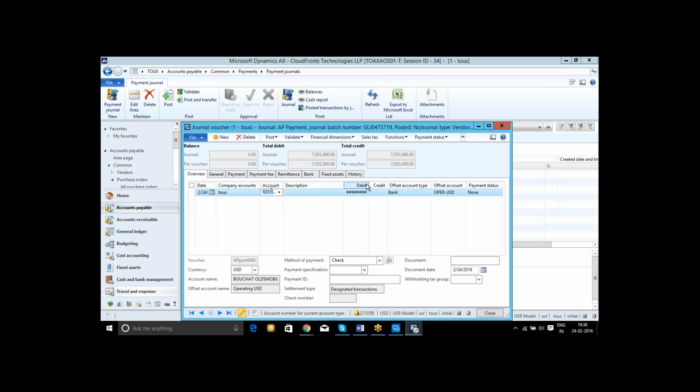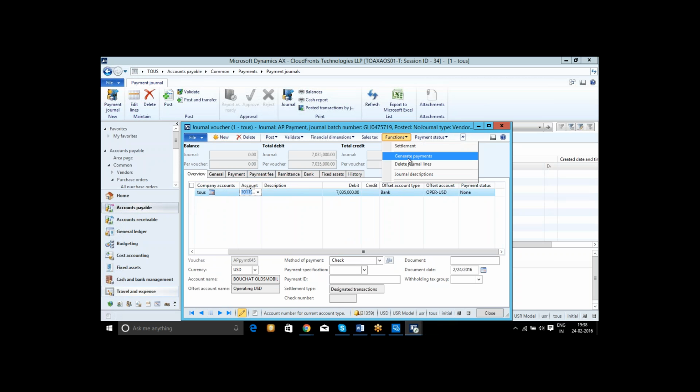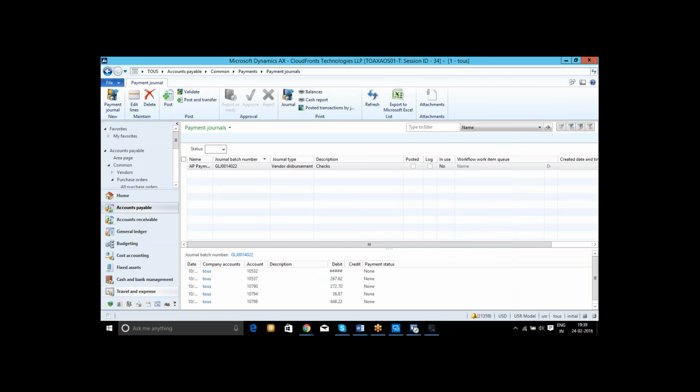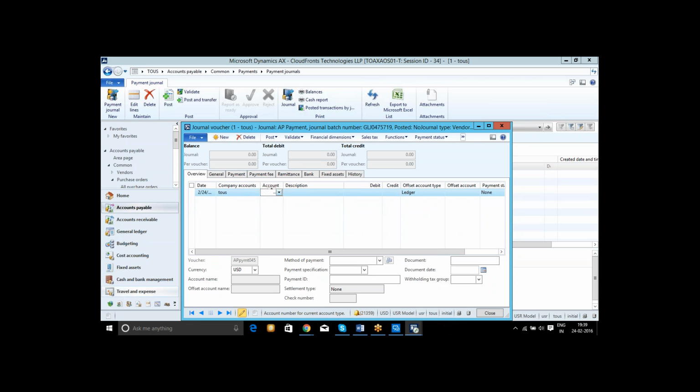See, it has automatically created a journal with bank and all that. So you need to only post it, or if generation of a check is there, then you have to generate payment. So this was an automatic way of creating a payment journal. The other way is manual. Manual is again creating a new journal, selection of vendor,